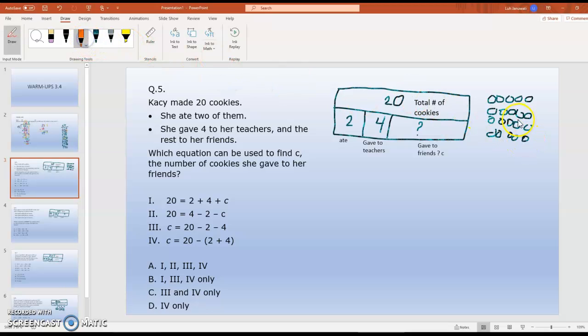So you say, okay, I ate 2 and I gave 4 to my teachers. How many do I have left to give to my friends? I have 10 and 4, so that's 14. In that case, your thinking is like this, right? Really, you had 20 and then you ate 2 and you ate 4, right? And that's the number of cookies left, which is 14. So C equals 14. But another person might think like this, okay,